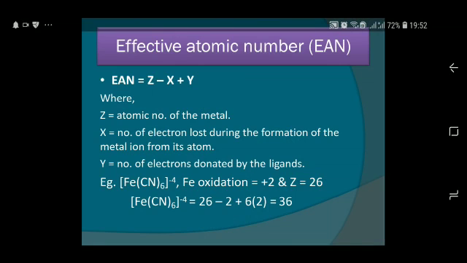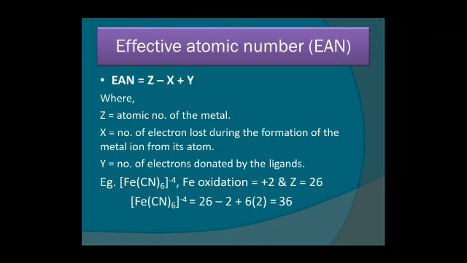Today I am going to take a very important topic, that is nomenclature and isomerism. Nomenclature means how we can name a compound, what is the IUPAC name of that compound. And second, in isomerism, we will see which type of isomerism is possible for that compound.